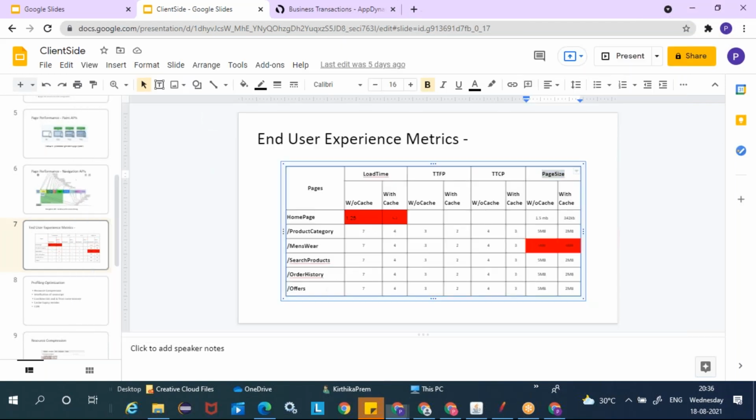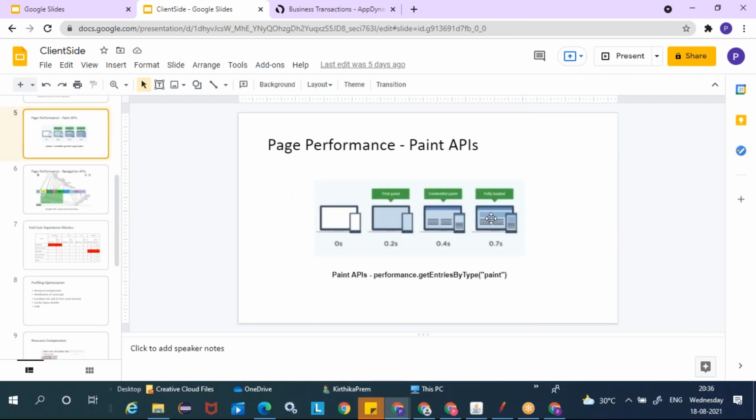Obviously, load time, what we see here, the fourth one, the fully loaded time. That is the one we will target against the SLA, saying whether the response time is good or bad, whether it is within the SLA or not. Load time is what we would be more interested in, and will be capturing as well.